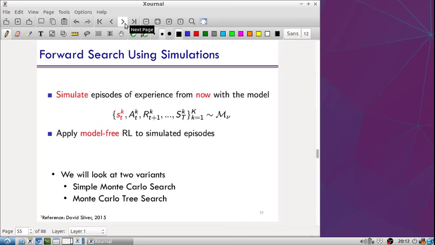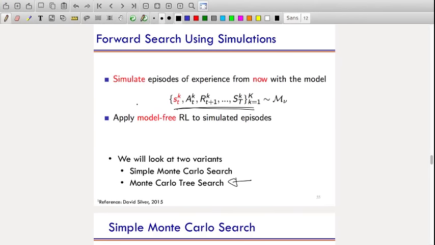I haven't told you how to pick actions, but let's say you did such simulations. Then you know how to backtrack, let's say take a Monte Carlo average and figure out the best action to take on each side. And let's say there are only 2 actions. We will see today, I'm going to talk about one particular version which is called Monte Carlo tree search, which is going to tell you how to